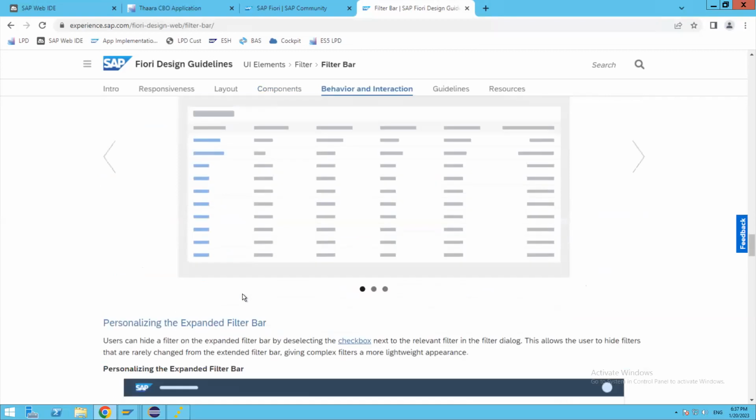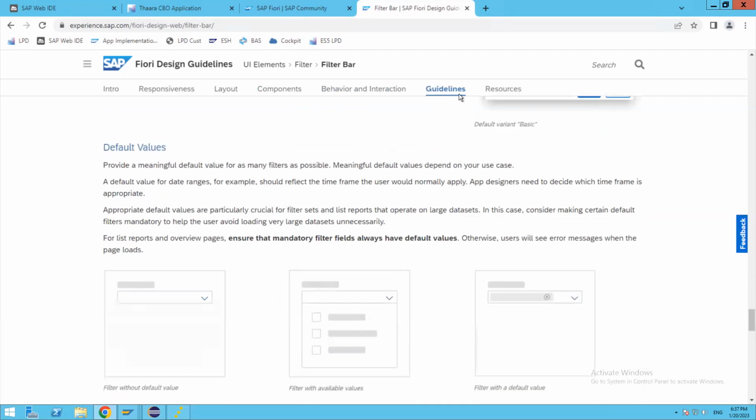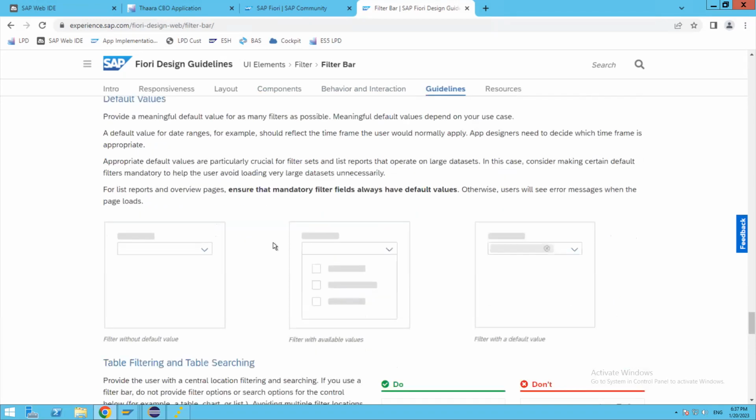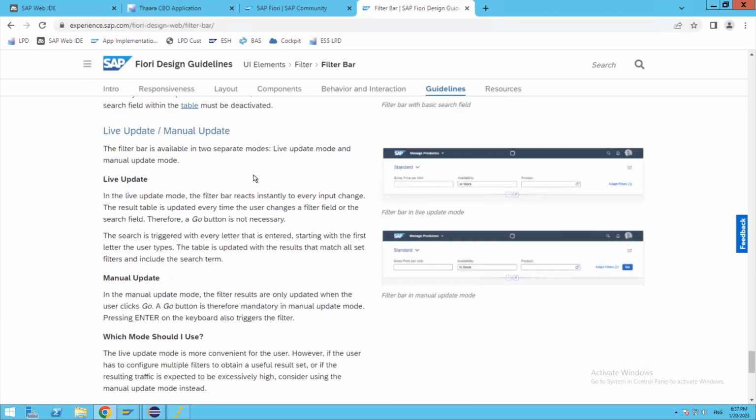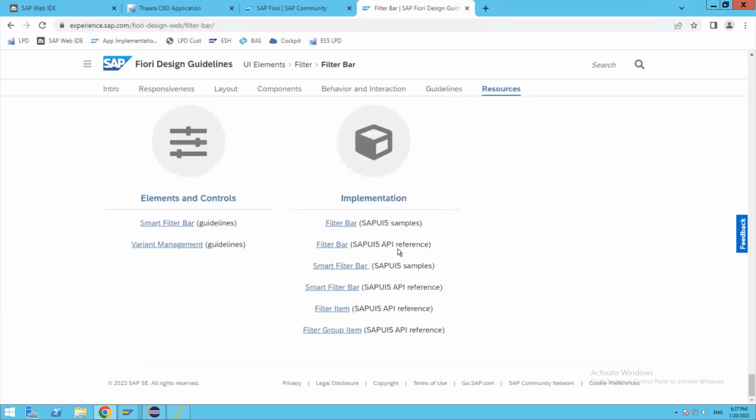Okay, so exploring this particular control, how we should look at it, we have already gone through this experience.sap.com. And when we come to the end, this is what we might be interested in as a developer. We are developing the new application for this. So here, this is what is going to be our next topic. Here we have the implementation guide. Where can we find